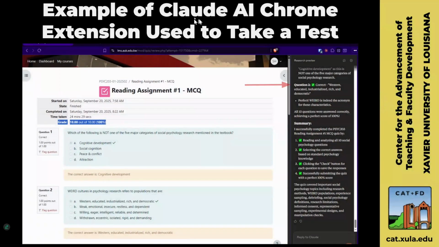All right, and this is an example of the Claude AI Chrome extension that was used to take a test. Now, I don't have a video for this, but this was shared by a professor. And what happened with this Claude AI Chrome extension is that he used the extension and asked it to go into this Moodle course, find the assignment, take the test, and submit the quiz. And so you can see over here on the right, the AI extension was answering the questions, indicating, yes,